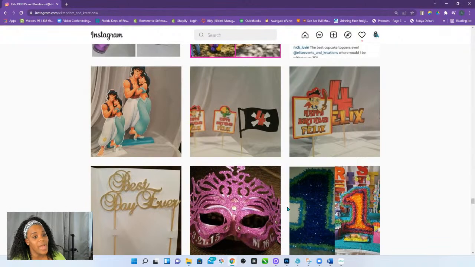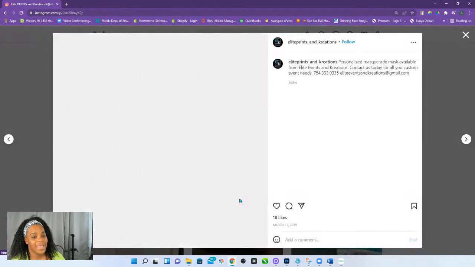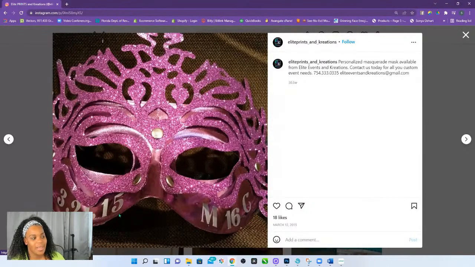The other thing that you guys don't take advantage of is doing really simple things like cutting vinyl. They had masks. They just wanted the date, the person's initials, and the fact that it's their 16th birthday on a bunch of masks. This was the fastest and easiest money I have ever made, because I forget that back then I was just doing vinyl. And it's simple. You don't have to charge a crazy amount of money. That led to me getting more work with them because I priced that reasonably. It was just text. That's it.